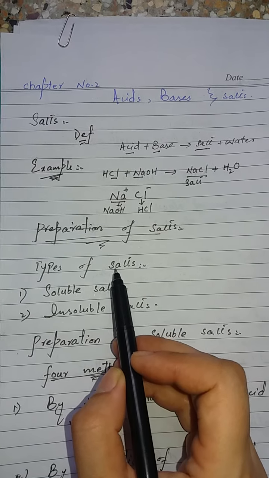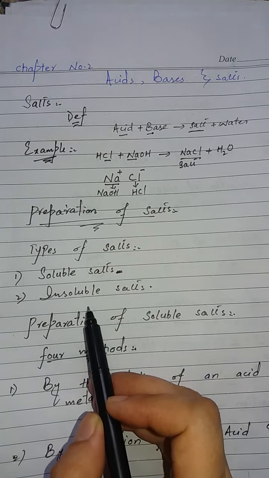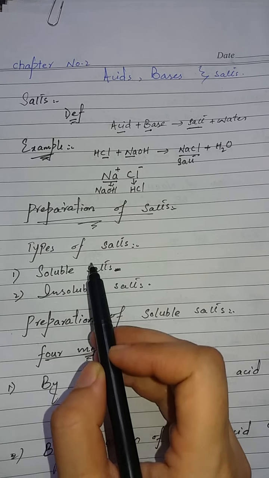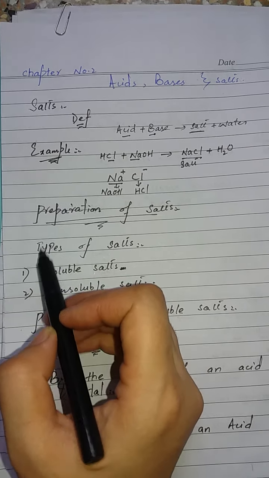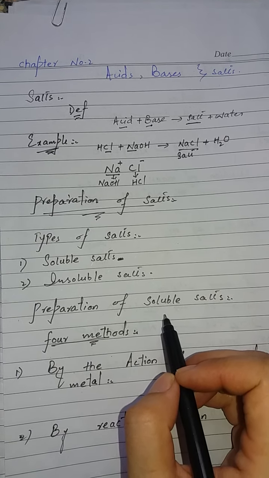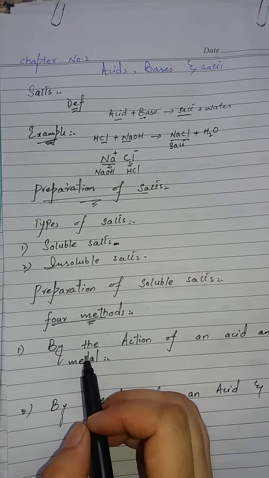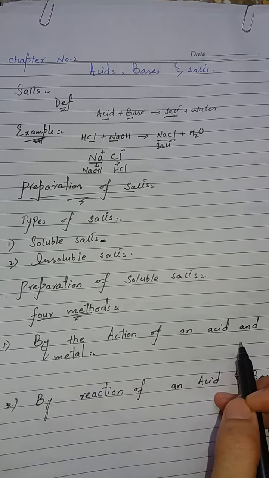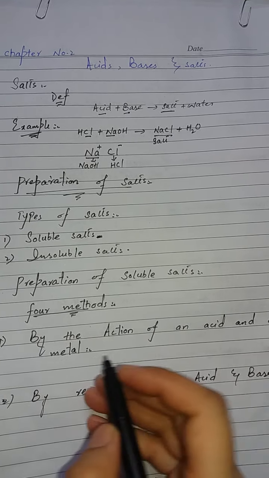There are two types of salts. Number one, soluble salts. Number two, insoluble salts. For soluble salts, there are four methods for their preparation. Number one, by the action of an acid and a metal, such as